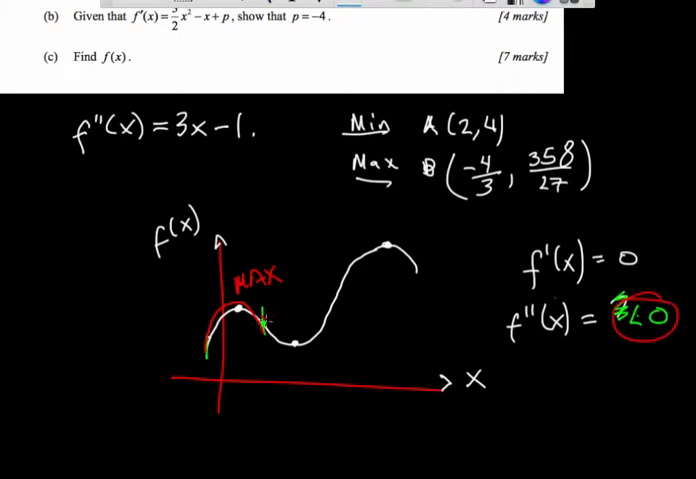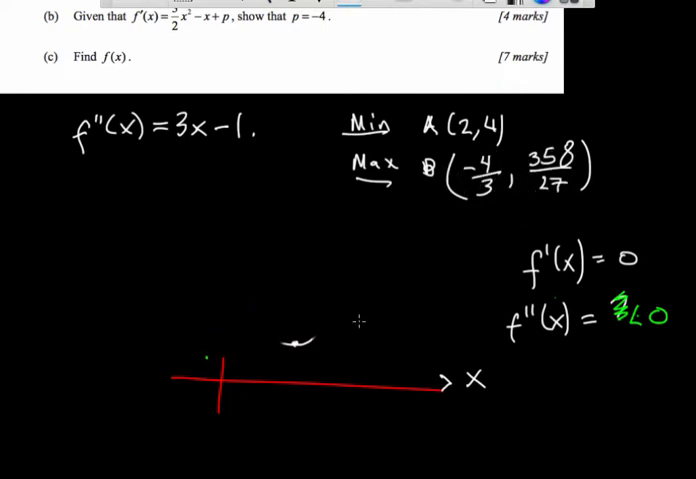For this whole region here, which is a minimum, the second derivative is bigger than 0, it's positive. So it's counterintuitive. For maximums, the second derivative is smaller than 0, and for minimums, it's bigger than 0. Why does that help? Well, because in the question they're asking us to show that this point over here is